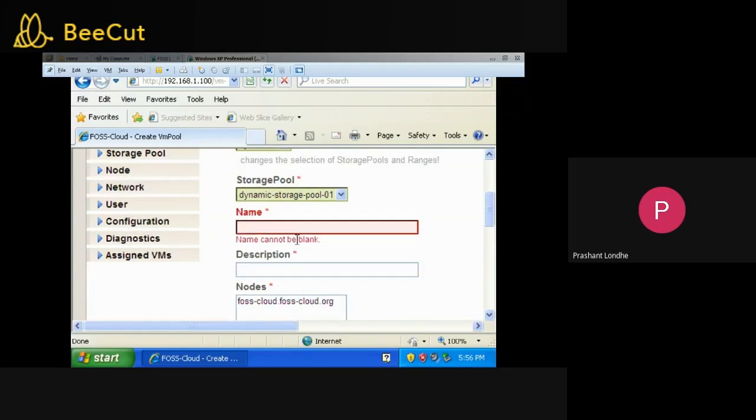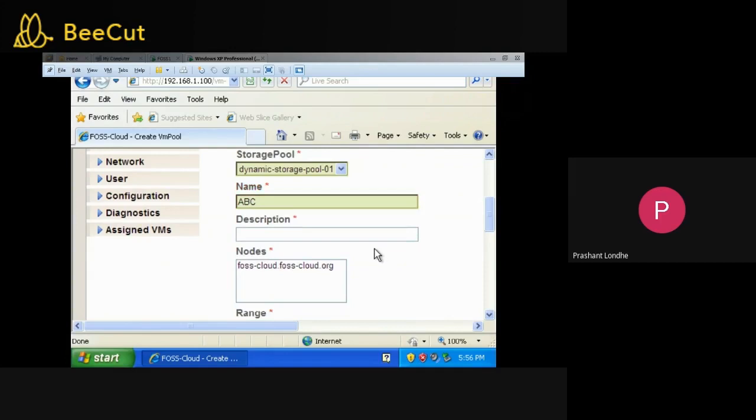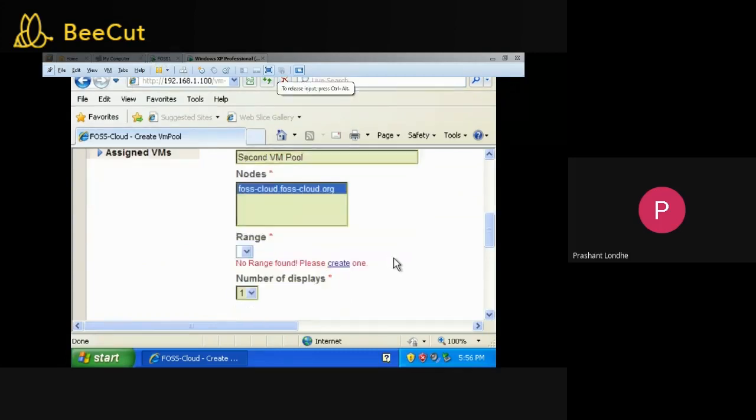Okay, let us check. ABC is the name. Then the description: second VM pool. This is a node name, which is given to this FOSS one. You can set it as an ID also. Then here I don't have any kind of range.